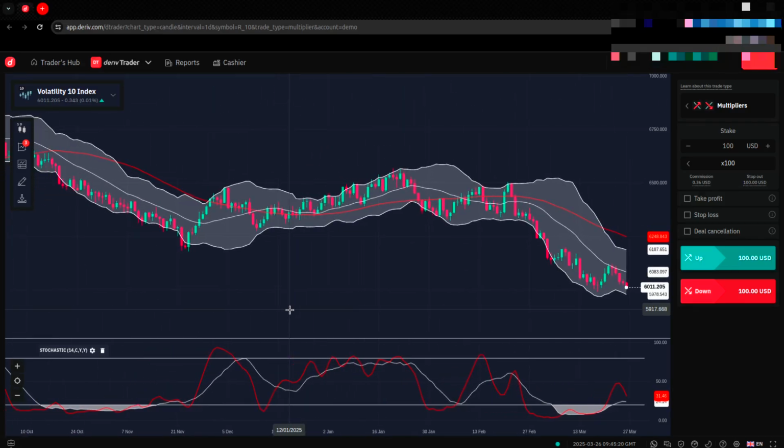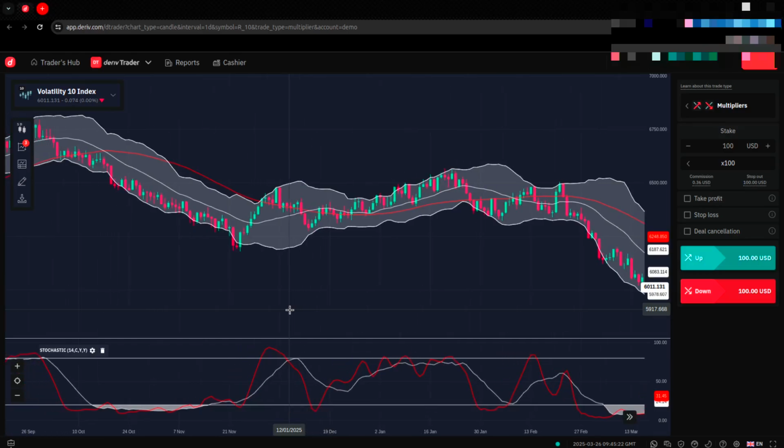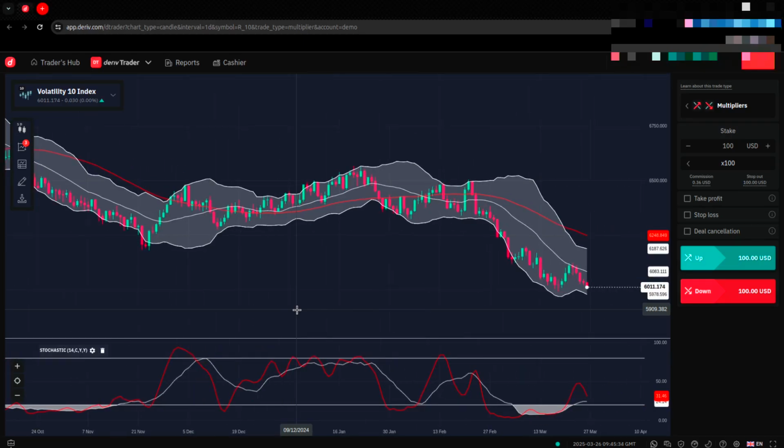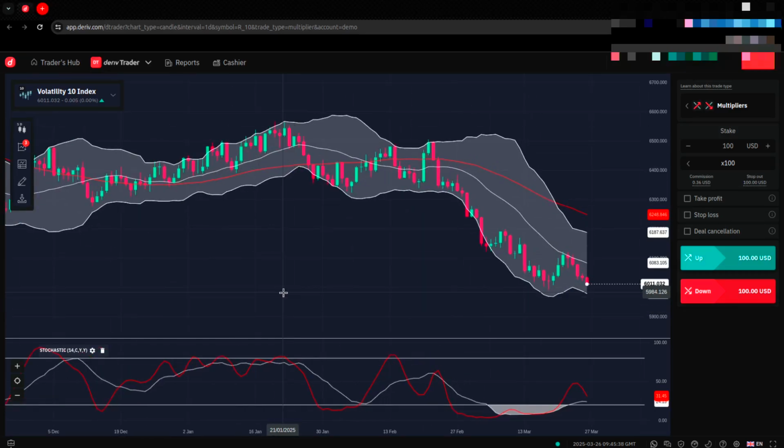As I mentioned in the previous video, whenever a time frame is overbought, the buy is stronger than the sell, and whenever it's oversold, the sell is stronger than the buy. And because of this, it's crucial to wait for a candlestick signal to confirm the start or end of a retracement. I had already illustrated this in the previous video that I'll link at the end of this video.